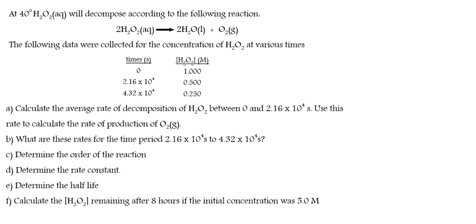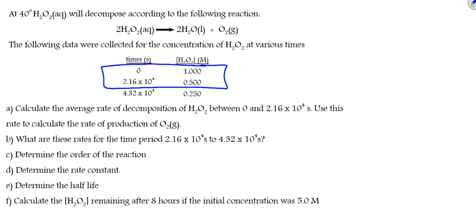So there's a time, and then there's some concentrations. So right away, what you could do is you could think about using your calculator and potentially graphing this out. But it's always smart to start looking at the questions that are given to you. So it says, A, calculate the average rate of decomposition between 0 and 2.16 times 10 to the 4th seconds. Use this rate to calculate the rate of production of oxygen. Okay, so what it's basically asking is, what is the rate of decomposition